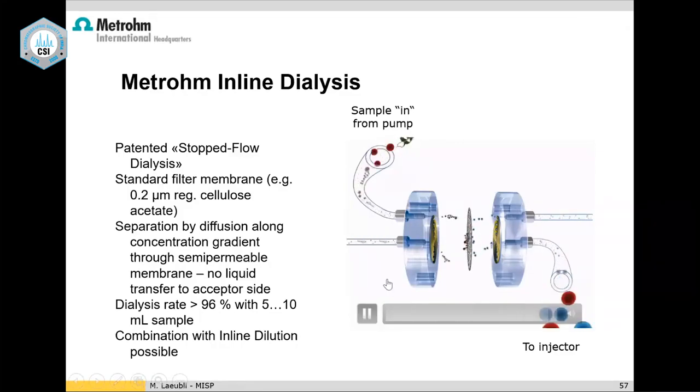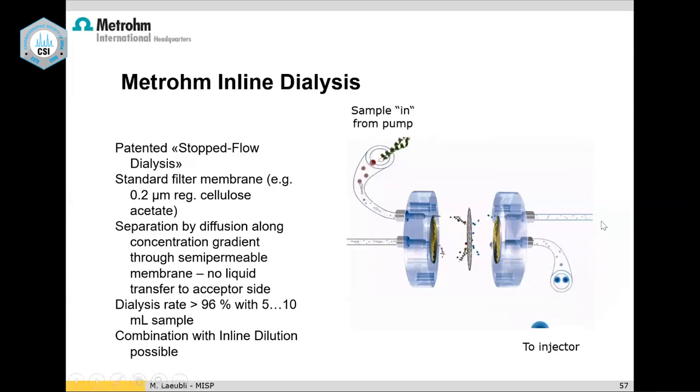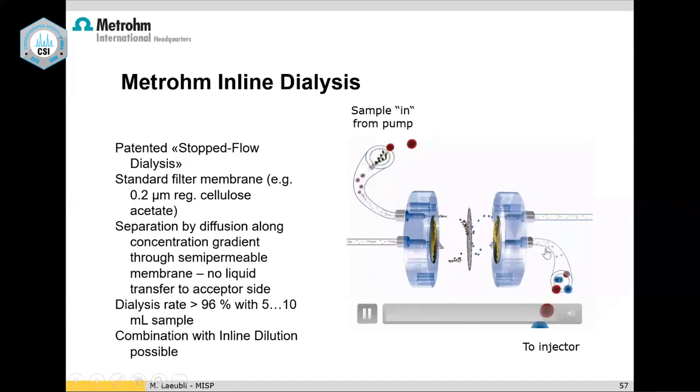What we do is, on one side we send in the sample at a very high speed. On the other side, we send in ultra pure water, rinse it, and hold it for some time, let's say 10 or 15 minutes. During that time, you can see that ions start moving from the higher concentration to the lower concentration. I am taking ultra pure water, which means it is devoid of ions. So here you can see the ions moving from one side to the other side.